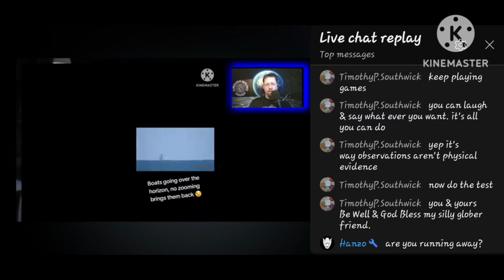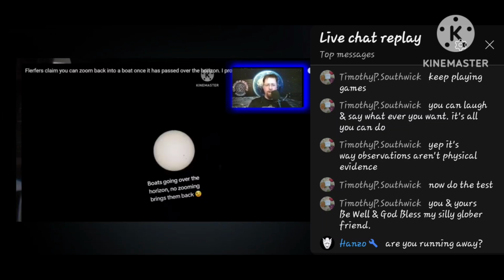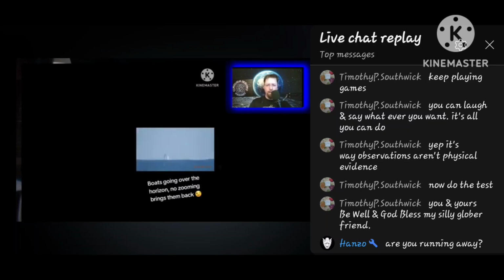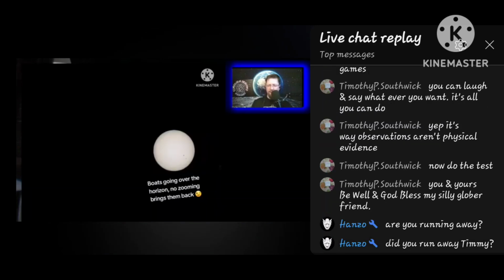Oh, look. Oh no. Oh, what happened there? Oh, hold on, wait a minute. Is disappearing due to the curvature of the Earth. Oh, I think that's a P1000. Oh no, look at that. Where'd it go? Oh, bye bye. Oh, there's a boat. Where's it going? Oh, it's going over the curvature of the Earth. Oh no, it's sinking.